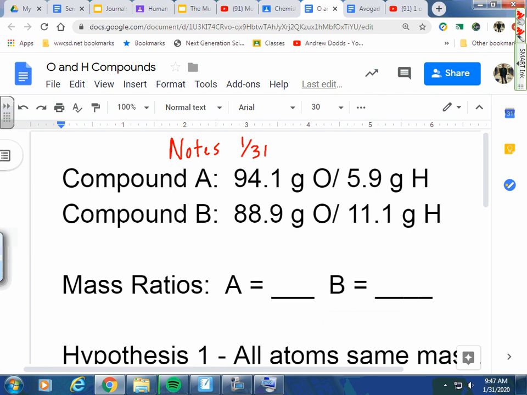So the mass ratio of A was 15.94. Should we keep it like that, you think? Round it off to 16. That'd be a little easier to work with, maybe. And what about in B? It's like 8. Did you guys all agree? Anybody disagree with 8? Okay, so if it's 16 and 8,